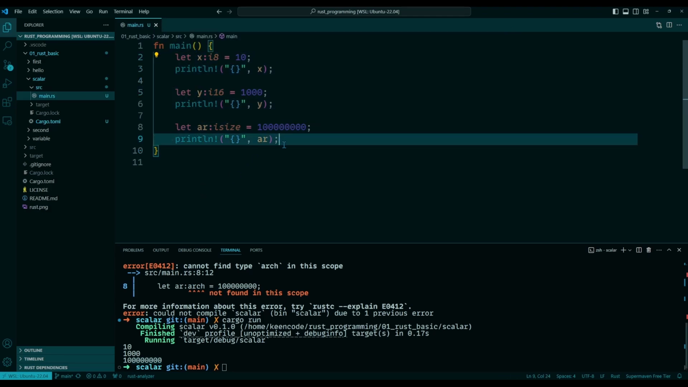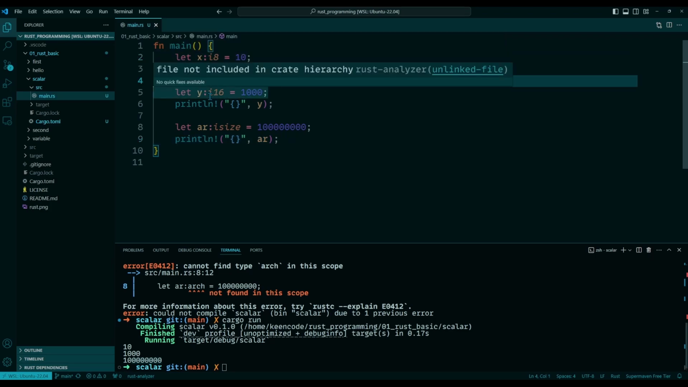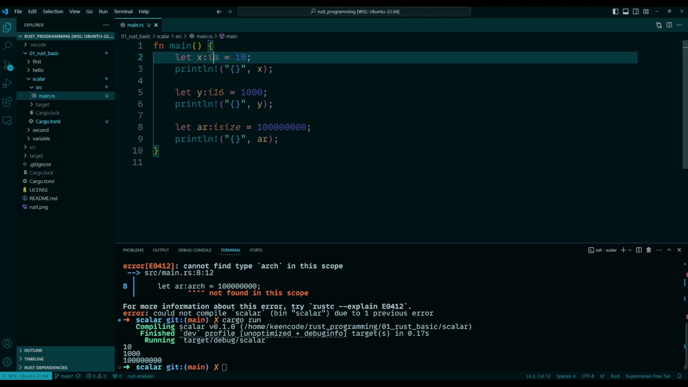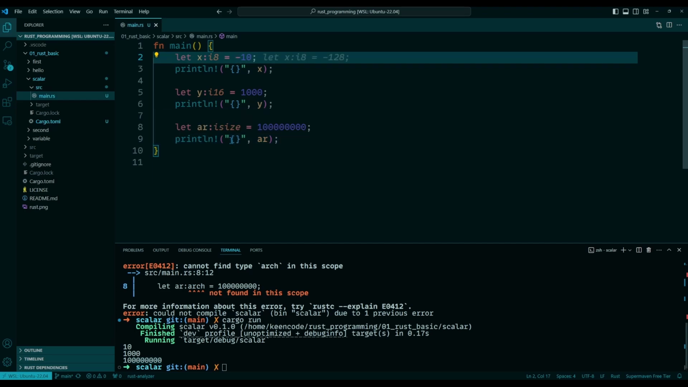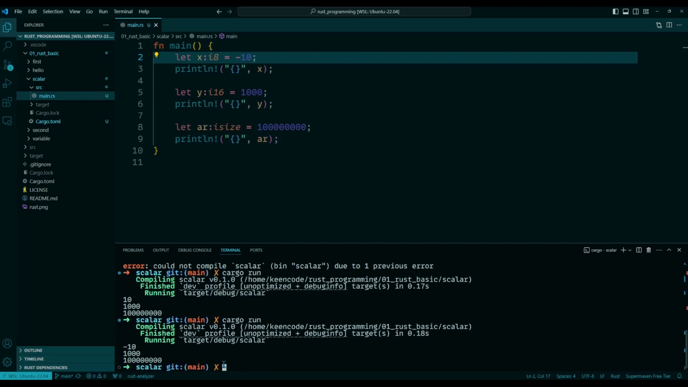But now let's see how we can define a variable as unsigned. You can see that x is defined as an 8-bit integer with i sign. The i means this is a signed variable. So if I say -10 and run this program again, 10 is now printed in our terminal with the minus sign. But if I make this variable u, an unsigned variable, and run this program again,